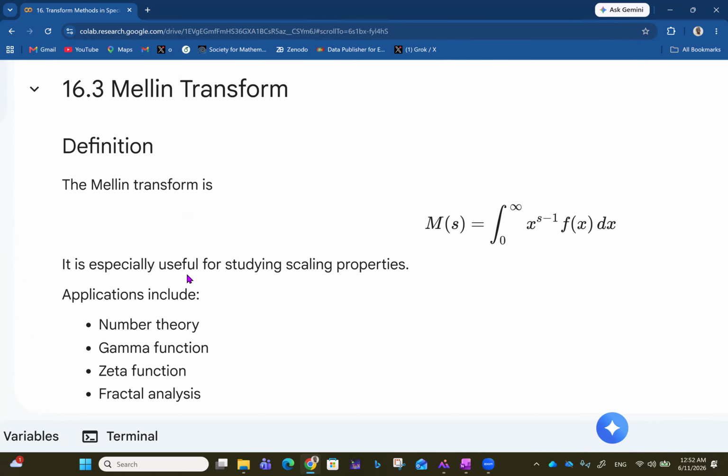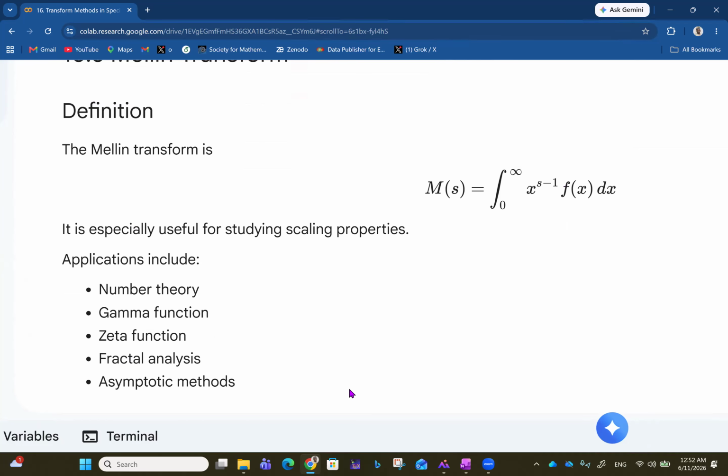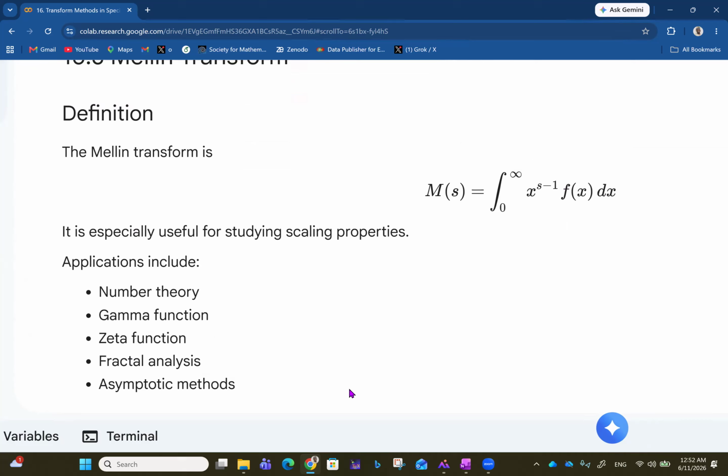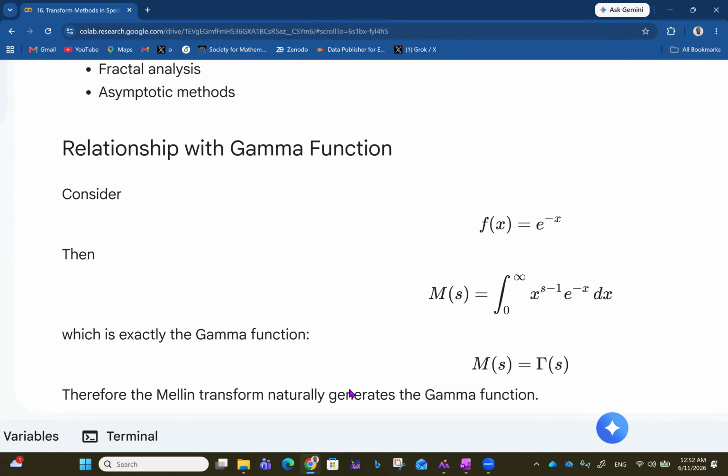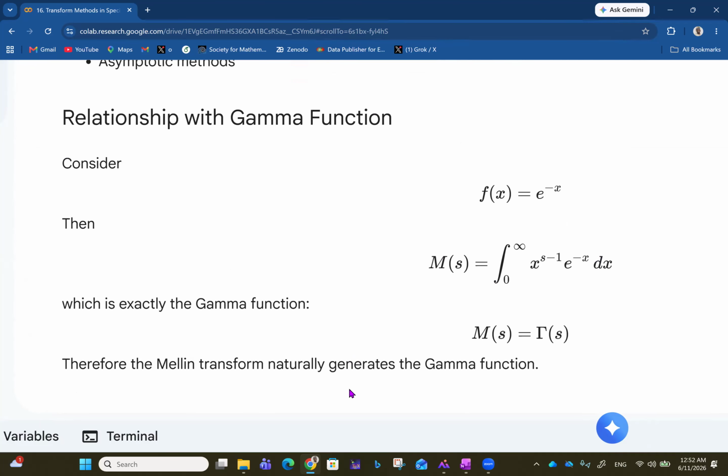So it is especially useful for studying scaling properties, and it has applications in number theory, gamma function, zeta function, and fractal analysis, and of course, asymptotic methods. I did a video already on asymptotic methods. You want to check that out. So if you observe carefully, you discover that